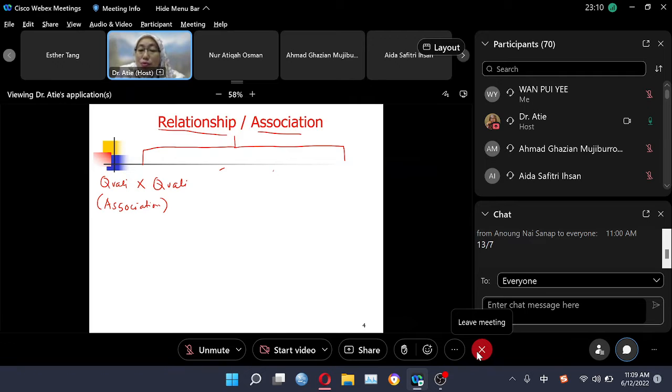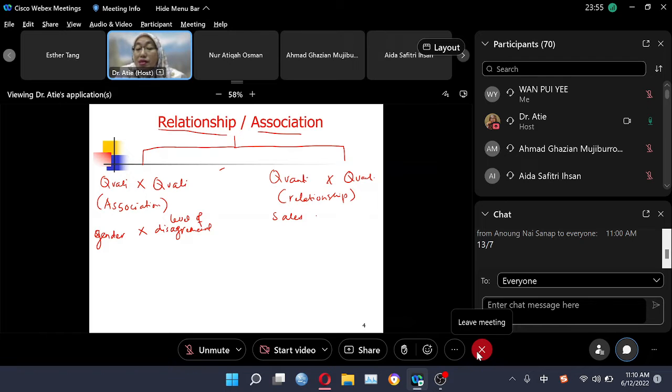So the next one is quanti versus quanti, right? I gave an example just now. This one, for example, I can say gender versus level of disagreement. And quantity versus quantity, I call this one relationship because I can see exactly how much variable A is affected by variable B, right? So for example, sales,